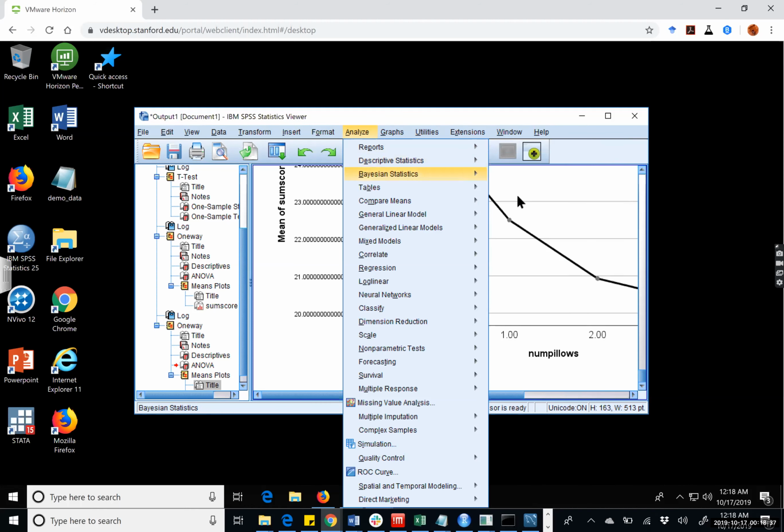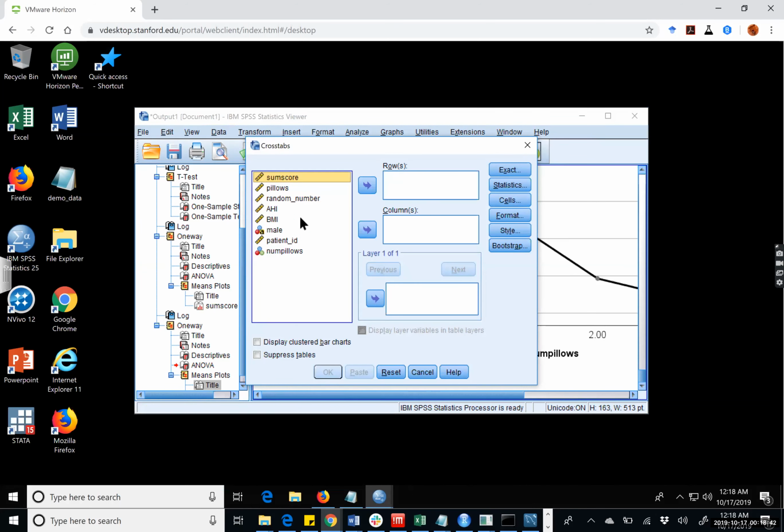So we're going to go to descriptive statistics. We're going to go to crosstabs. And one of the things I'm interested in is whether or not there's any relationship between whether or not men use different amounts of pillows than women. So what I'm going to do is put my rows and my columns, assign our male indicator to our rows, our columns to the number of pillows variable,